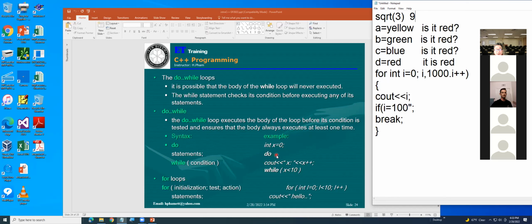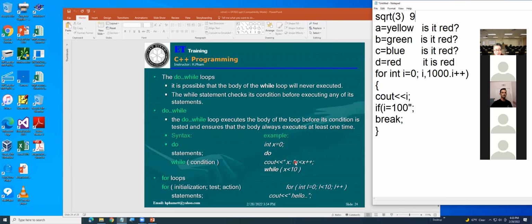That means if i is still less than 10, then it still does it. That's why they say while i less than 10. That means when i equals 9, it can do it. However, if i equals 10, it gets out of the loop.